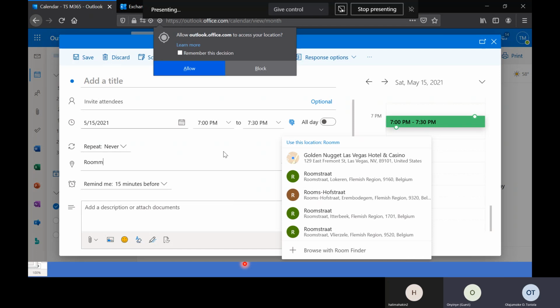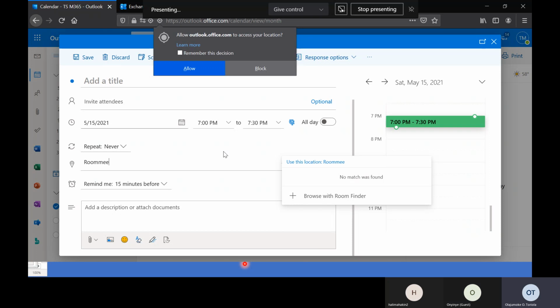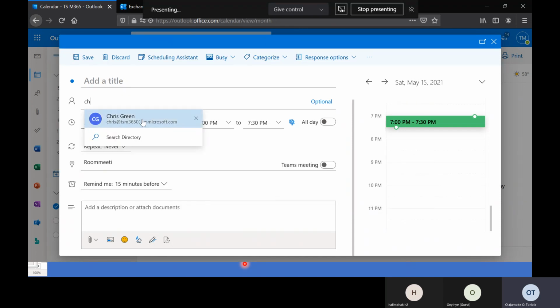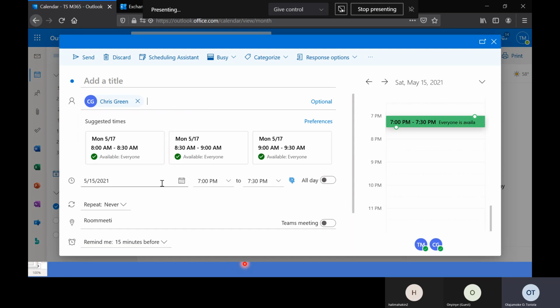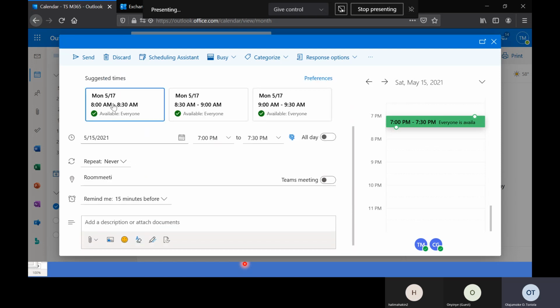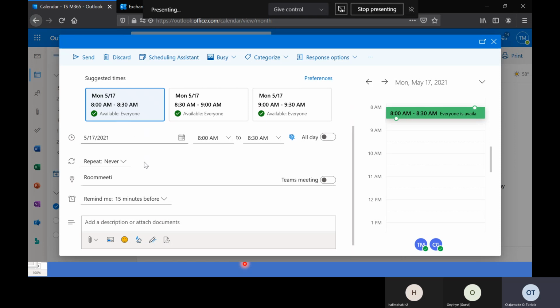It's supposed to even load for me, except it's only taking time. That's the problem. So let me see. This is okay. This is okay. So let me invite, let's say Chris is who I want to invite still. And then you can see immediately it's showing me Chris's availability. And then Monday is available. So let's see, it's Monday I want, and then I want to select